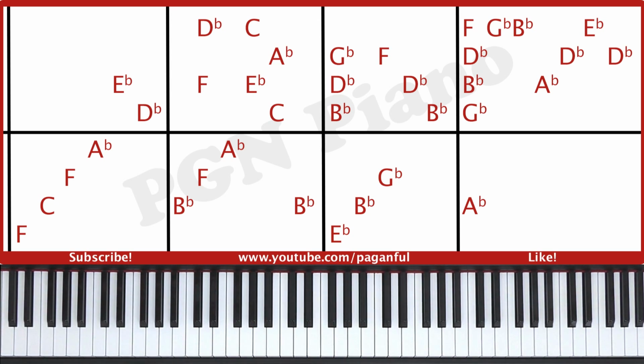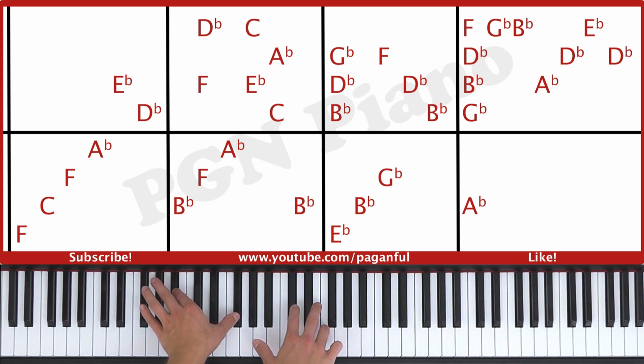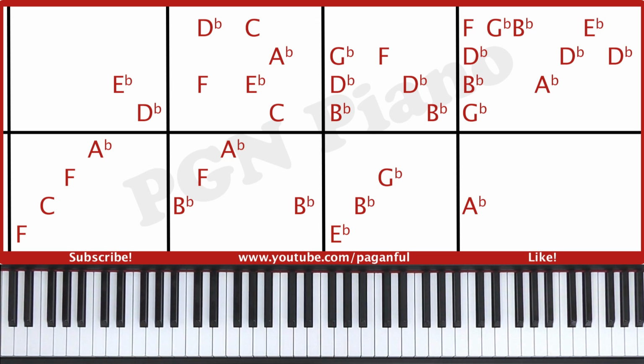Okay, then the left hand plays E flat, B flat, G flat, and the right hand plays B flat, D flat, G flat, followed by F, D flat, B flat. Okay, combine that by playing it together, left and then together, right, right. Okay, like this. And then the right hand plays G flat, B flat, D flat, F,